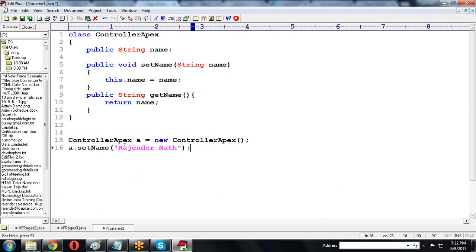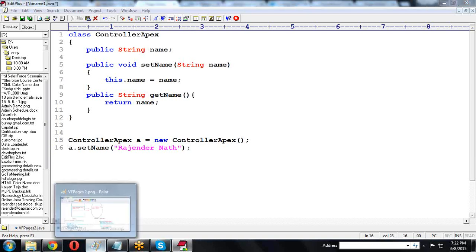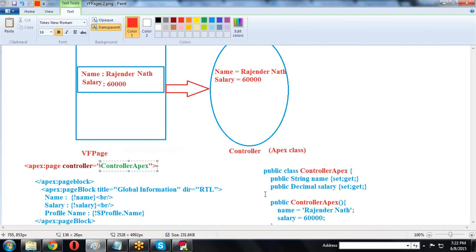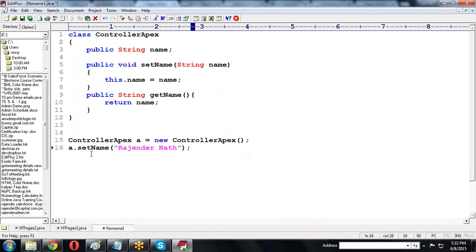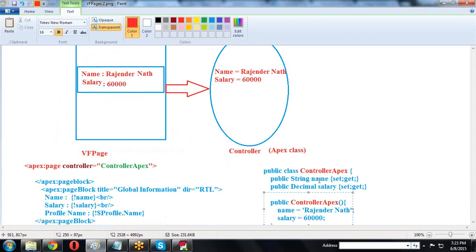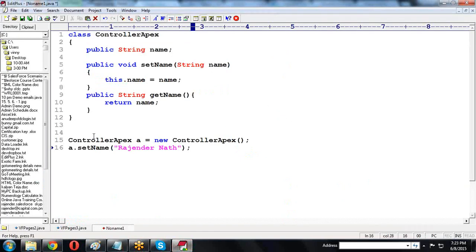After that, we provided a constructor. In the constructor, the name is loading. Whenever it is loading, the set name method is executing. Here we provided the set method, string name with set, get. Internally the set method is created like this.